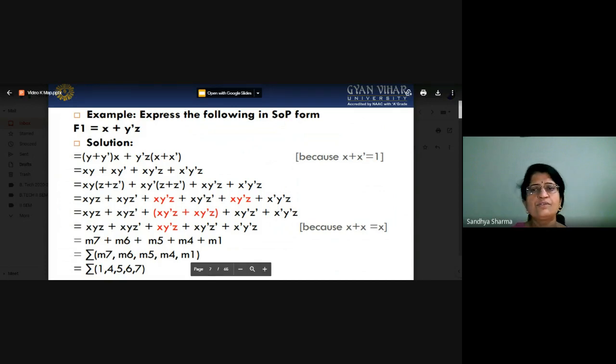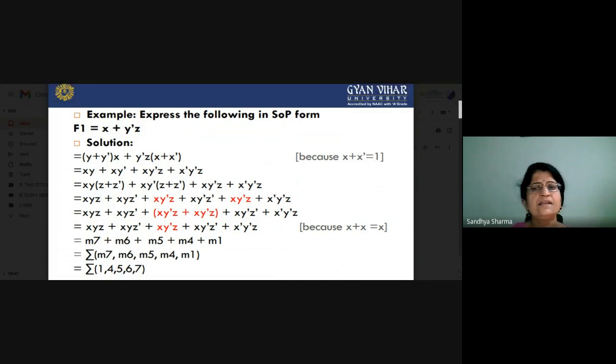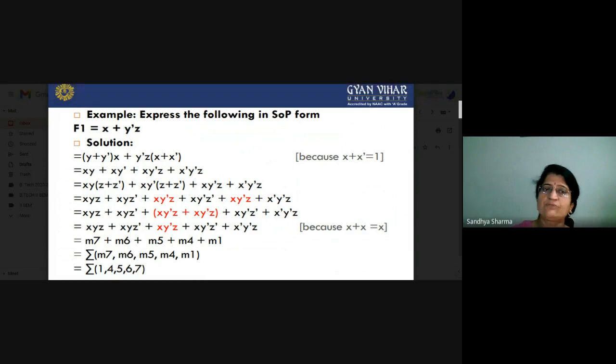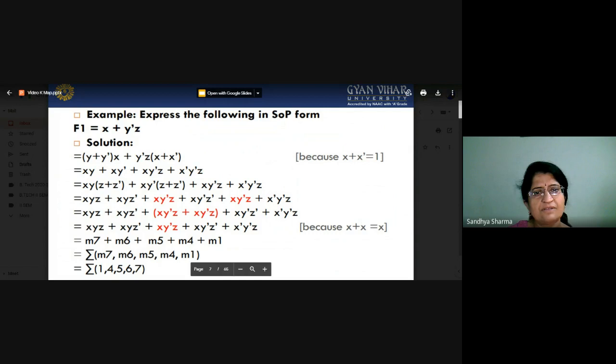You always know there is a rule of Boolean algebra that any variable plus the complement of that variable is always equal to 1. According to this rule we can apply y plus y dash. There is no change in the equation, since that is equal to 1. Suppose the x variable is also missing, so you can write it as x plus x complement. By expansion our equation will be in this form.